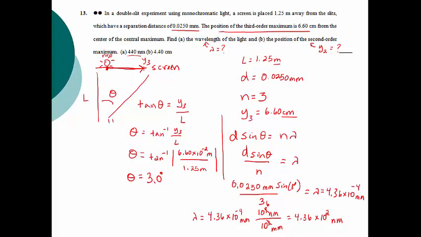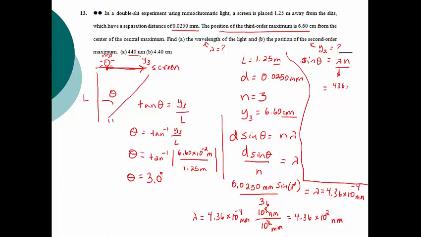That means that we're going to use this same equation. Kind of put a little squiggly line here. Not a very efficient use of space. So now y2, that means that I'm going to find my new theta. Sine of theta is going to equal lambda times n divided by d. Okay? So that means that I'm going to have